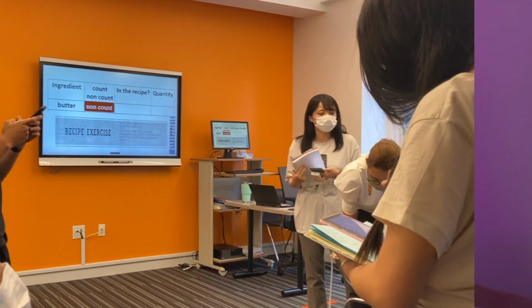However, these students are in pairs, so every group of 2 students has the same recipe, but they don't know who their partner is. This is a whole class activity. It's a whole class information gap. Students go and mingle with other students and ask them questions about the ingredients in their recipe. For example, is there any rice in my recipe? If the student says yes, the next question is, how much rice is in my recipe? So students are practicing their count and non-count nouns as well as their quantifiers.